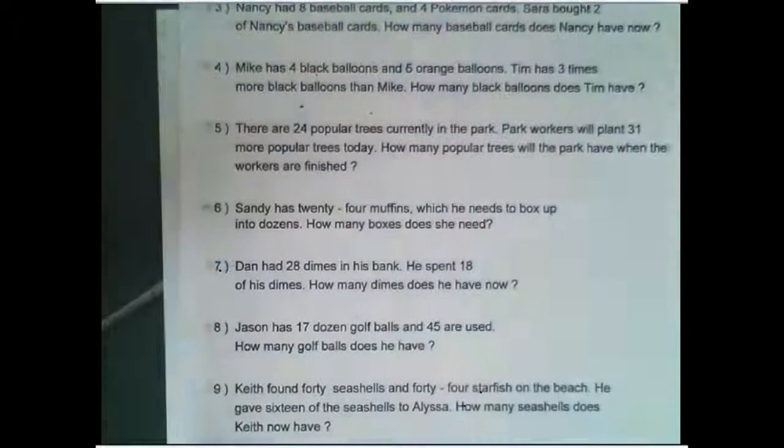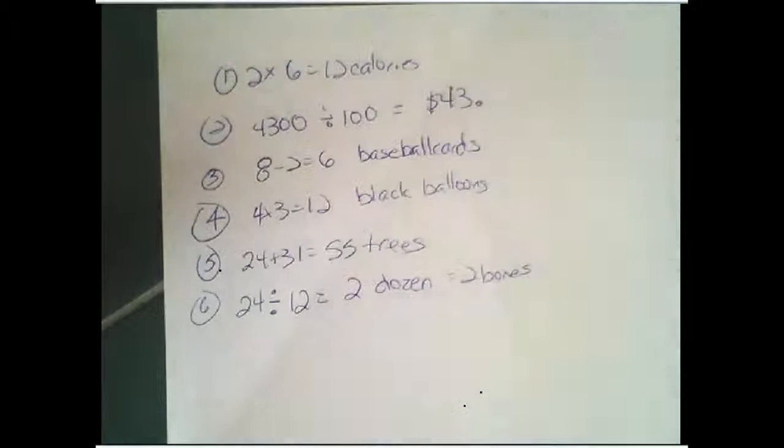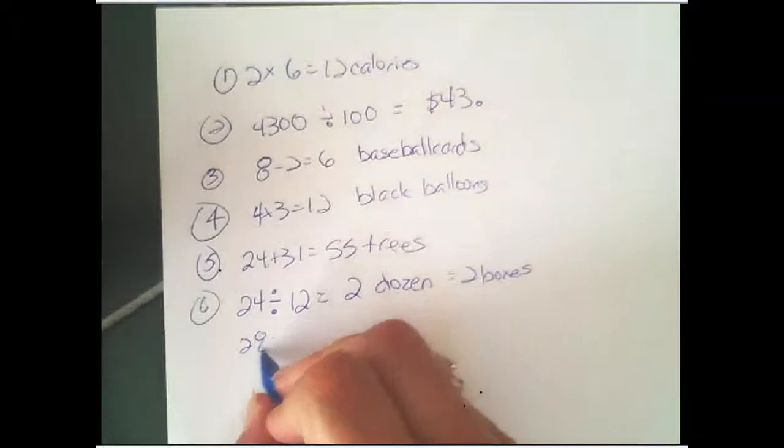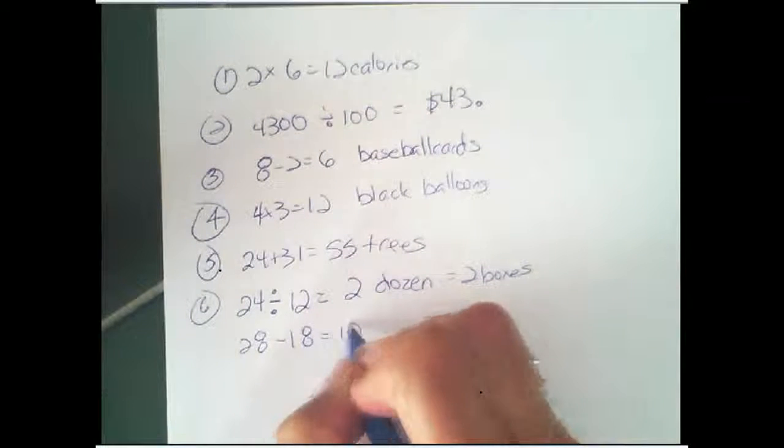Number 7, Dan had 28 dimes in his bank. He spent 18 of his dimes. How many dimes does he have now? If he spent them, we're subtracting. So we would have 28 minus 18, or 10